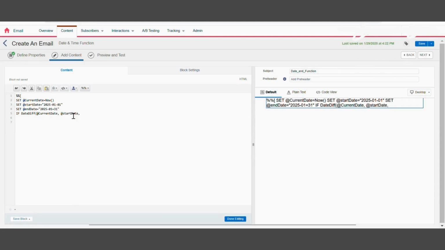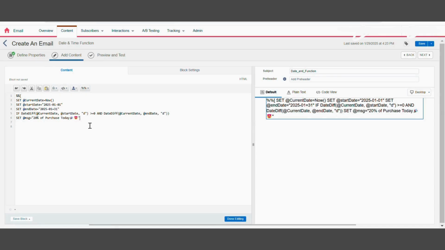The variable holds the date when the offer expires, and the conditional statement determines which message to display based on whether the current date falls within the promotional period. The first check is whether the current date is the same as or after the start date. If the difference in days from current date to start date is 0 or positive, then the current date is on or after 1 Jan 2025. The date difference of current date and end date in days being less than or equal to 0 checks if the current date is the same as or before the end date. If the difference in days is 0 or negative, then the current date is on or before January 31st 2025.